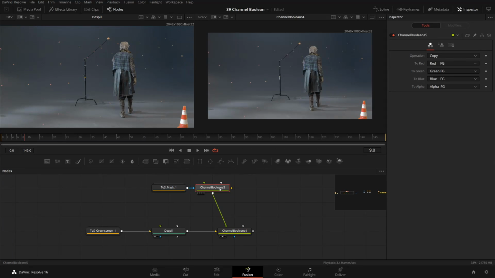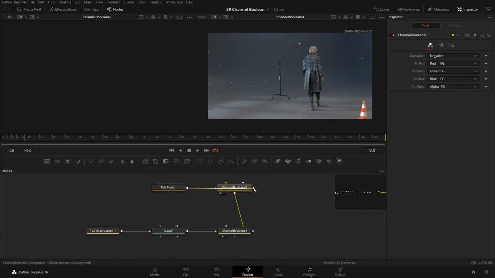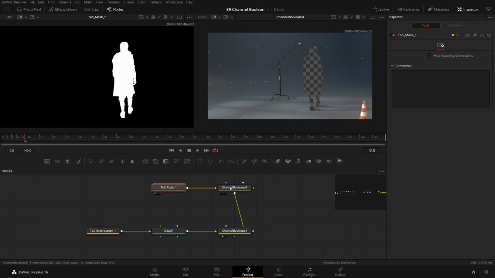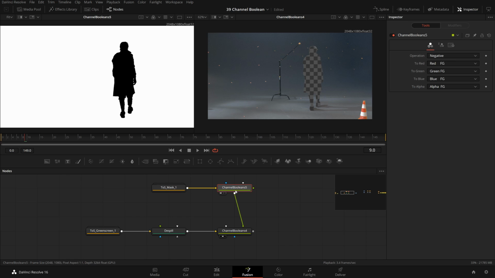Now, sometimes you need to invert masks. Again, there are many tools which have a checkbox somewhere, invert mask, but not all tools have that, and sometimes it just makes sense to do it manually. So I can just use a channel Boolean tool, click here on negative. Where is it? Here, negative. And I need to connect it again to the background. So my mask, previously I had this. I do a negative, I get the inverse mask. And now I have done the opposite. I've removed my character and keyed my background instead of my foreground. Doesn't make sense here, but every now and then you just need to invert just one channel